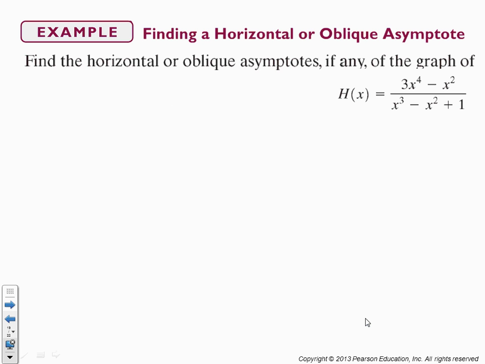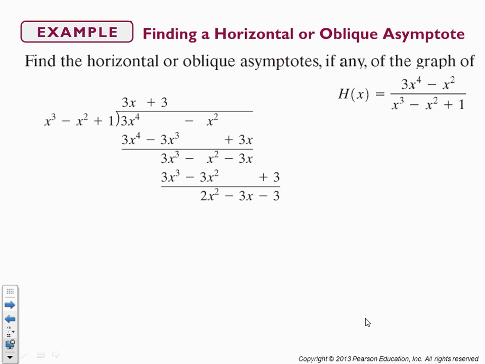All right, so we're going to find the horizontal or oblique asymptotes, if any, of the graph of 3x to the 4th minus x squared over x to the 3rd minus x squared plus 1. We look, our degree on top is higher than our degree on the bottom, so it is definitely not proper. Okay, so just to remind you of long division,